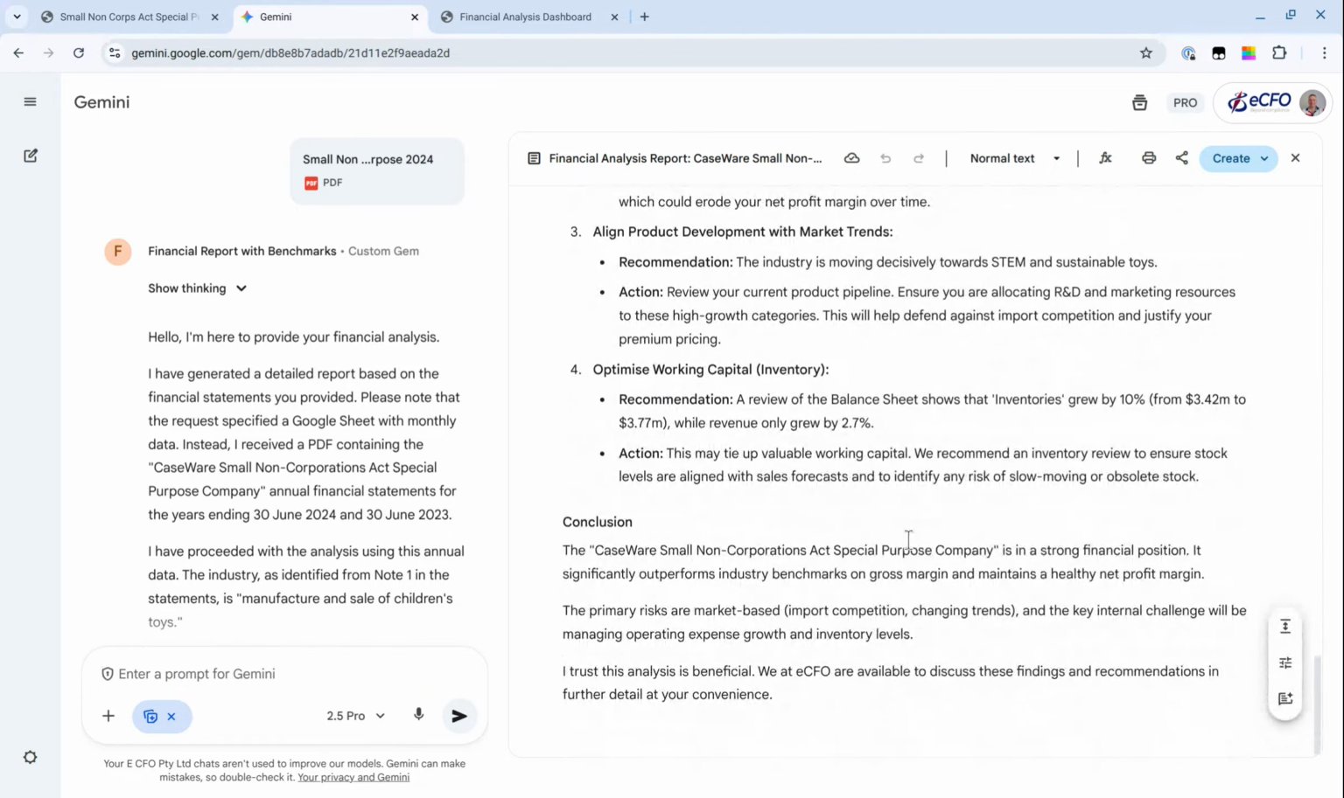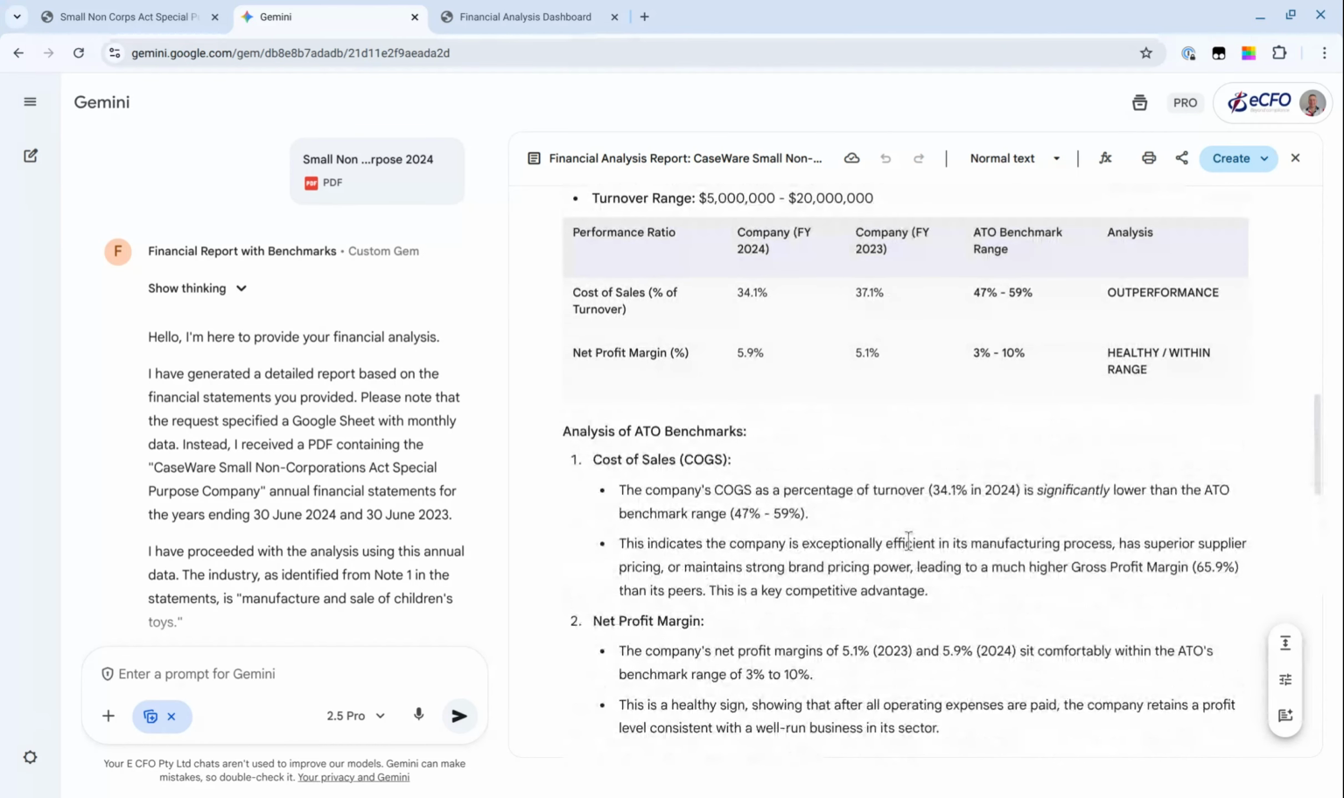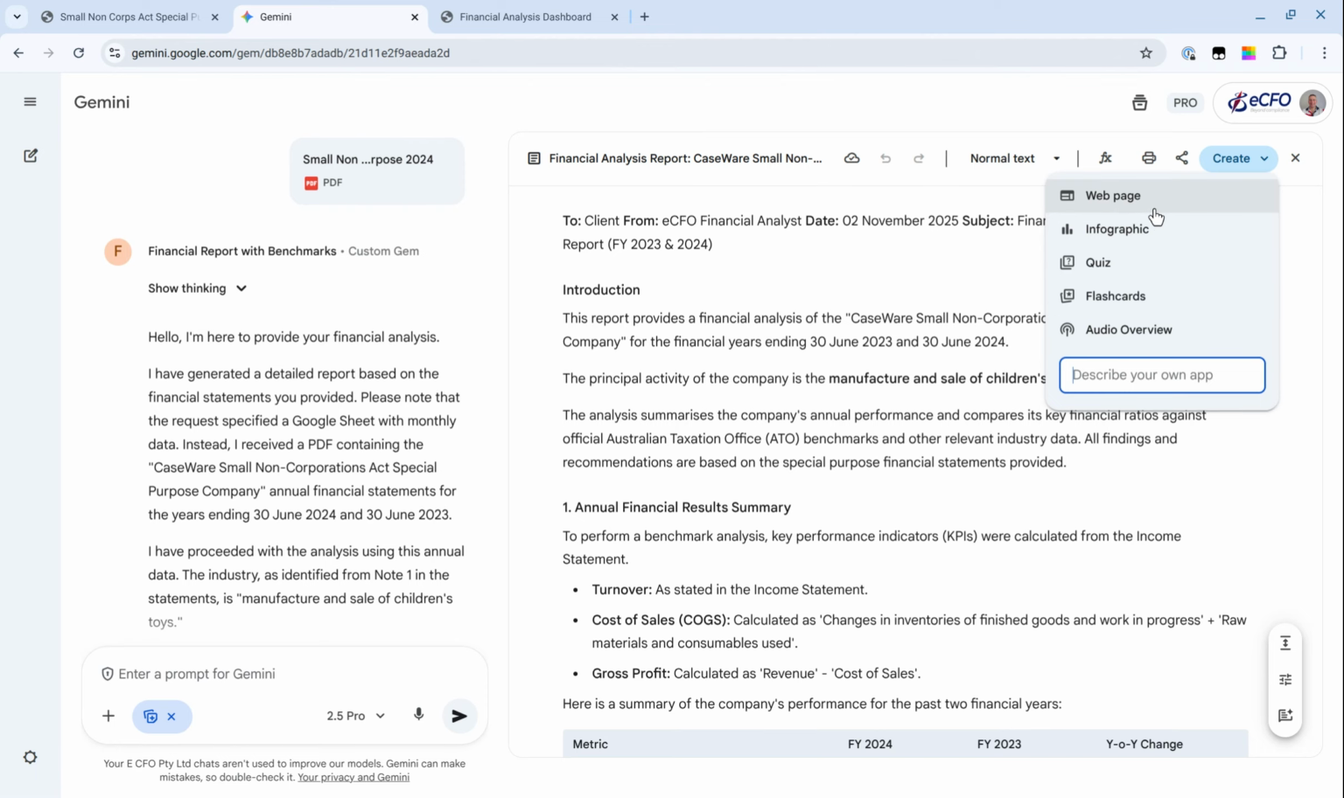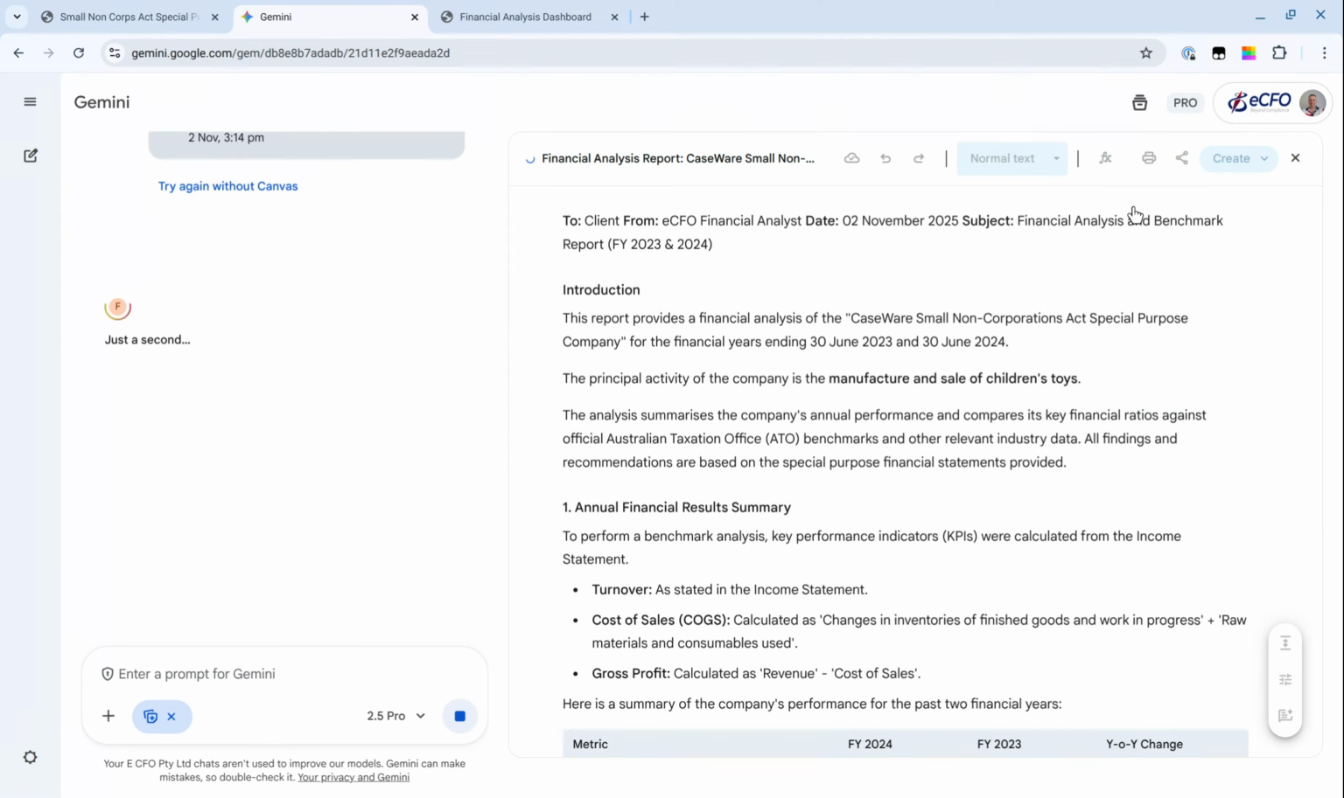And okay, so that's your basic report. I'm not going to go through it over and over, just for the sake of brevity. I'm going to start off up here by going create and give me a web page on this one. And that's going to create, in the canvas, another web page. And then I'm going to,